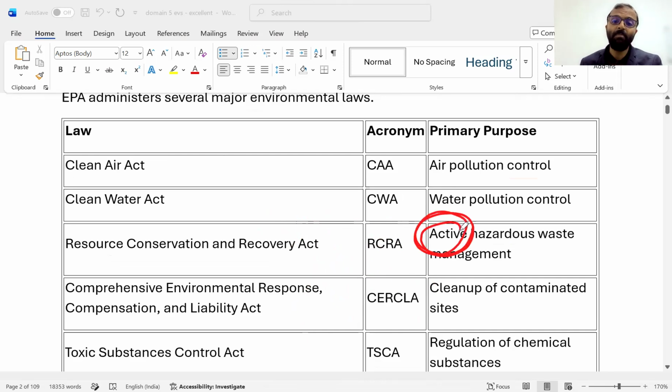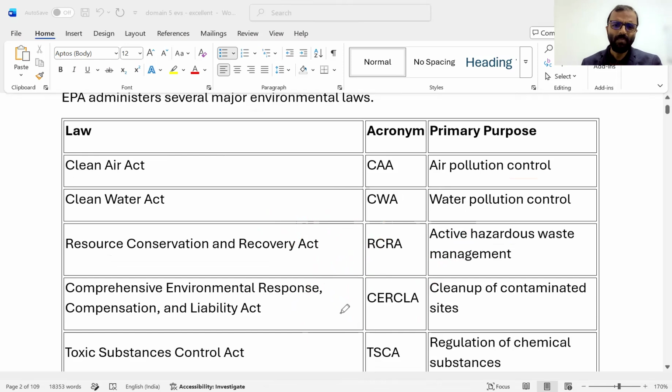But active: a company is generating a waste and that is being transported from this place to this place. And while they were transporting, there has been some spill from the lorry. So that is active. Now it is there. So RCRA, this is how you should think as an